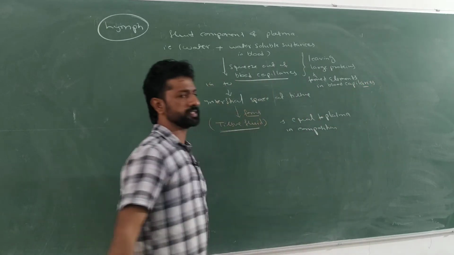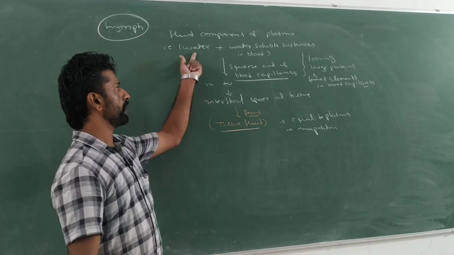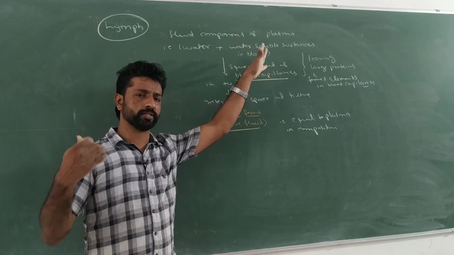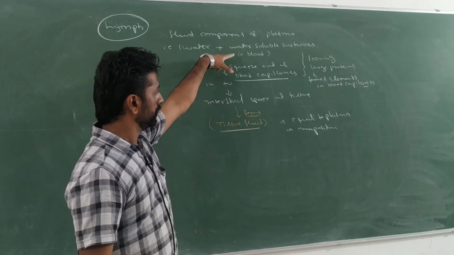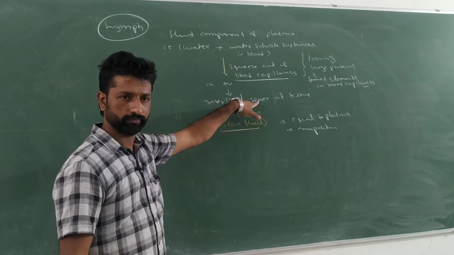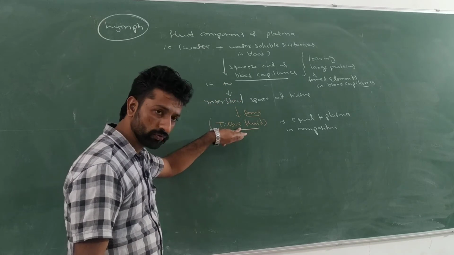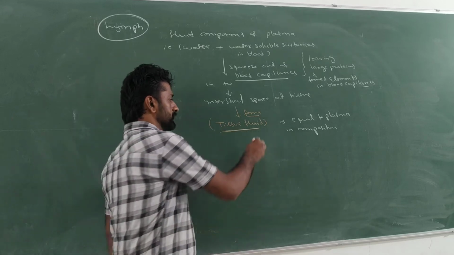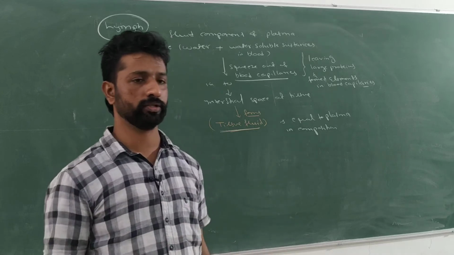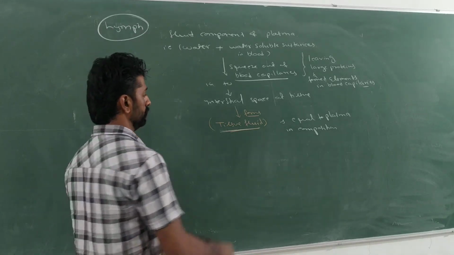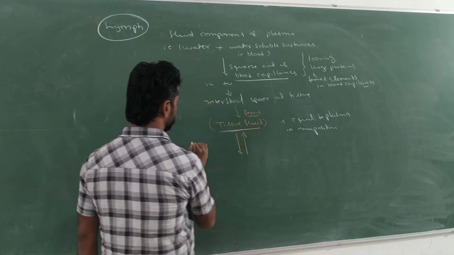So formed elements and the large proteins will be left behind in the blood capillaries. Only the liquid part, that is water and water-soluble substances, including the nutrients, diffuse into the interstitial space. From that interstitial space, that is when it forms the tissue fluid. Remember, this tissue fluid is the one involved in the exchange of material with the tissue. From this tissue fluid only, there will be the exchange of